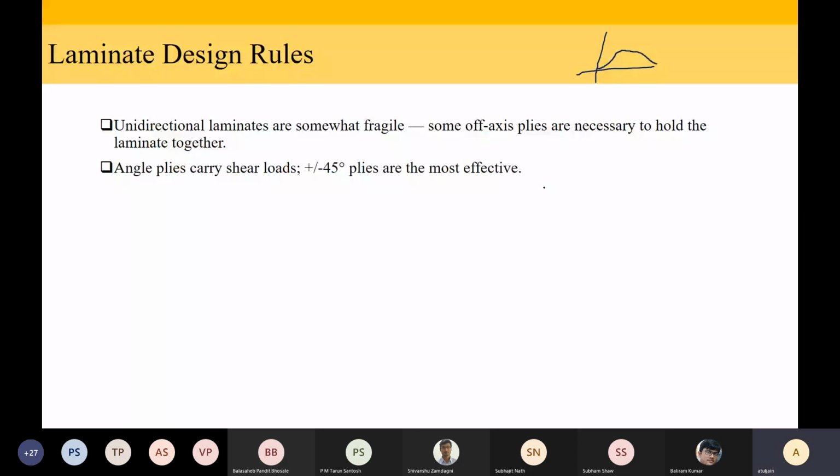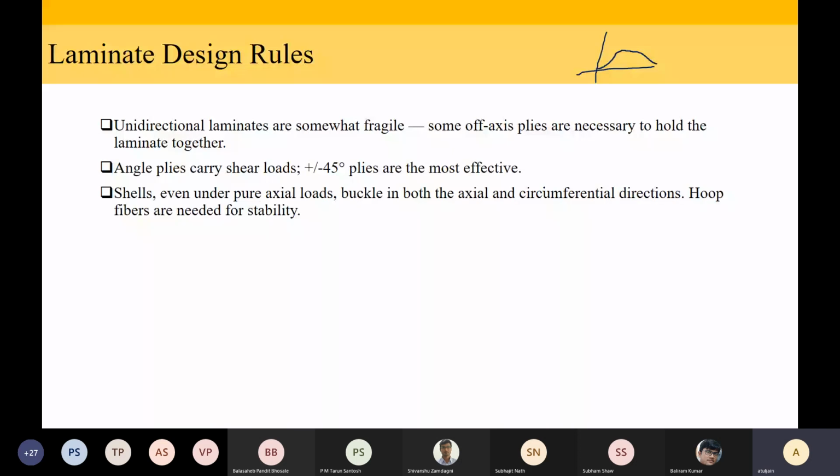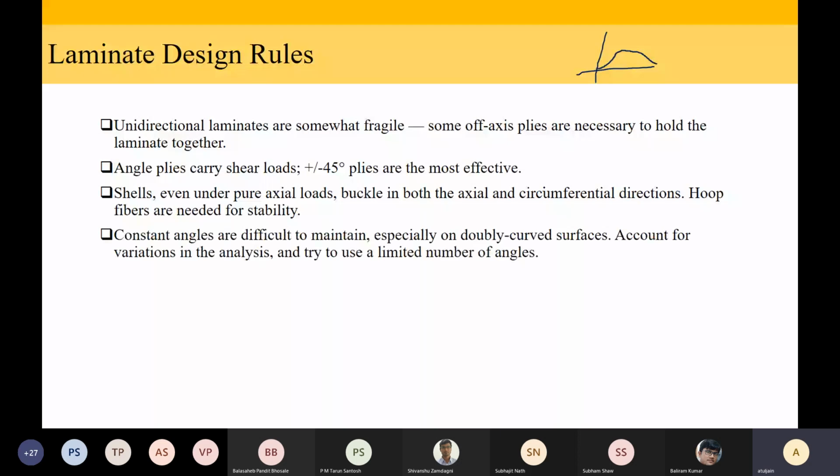If you have thin laminate structures, even if it is under pure axial load, it will have a tendency to buckle. To avoid that, you have to put some hoop fibers, or you have to put some 90° layup to avoid buckling. The fourth is, constant angles are difficult to maintain.